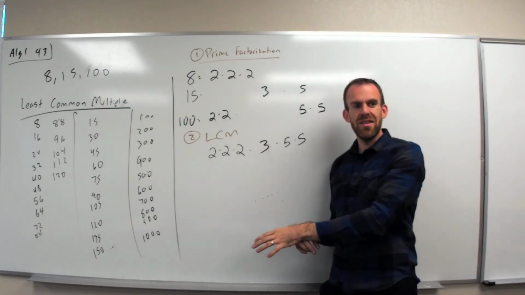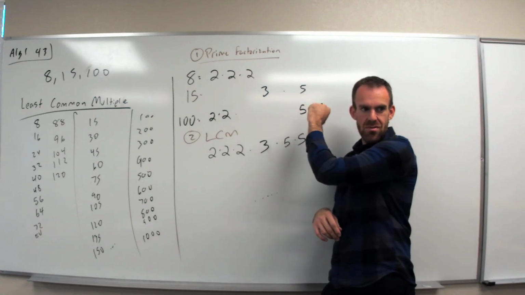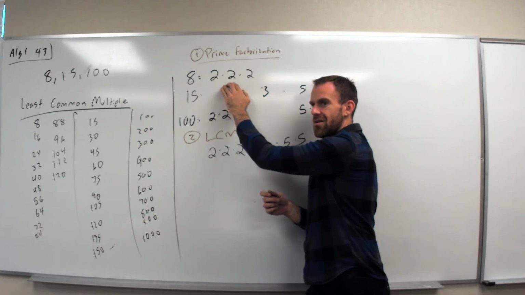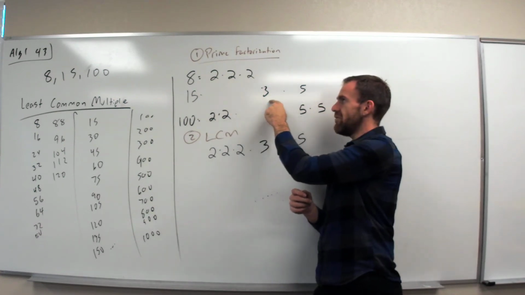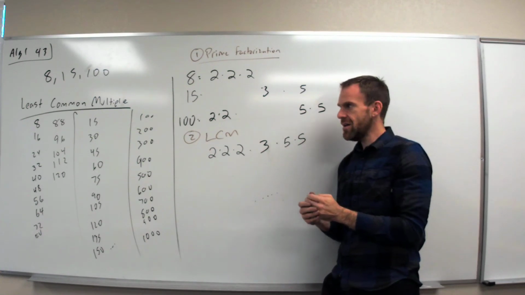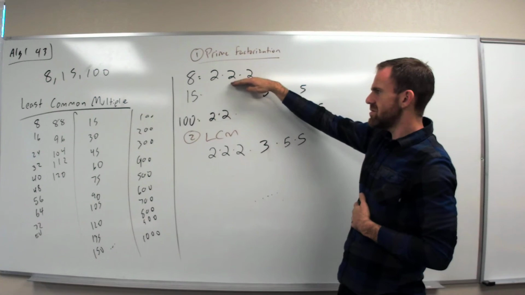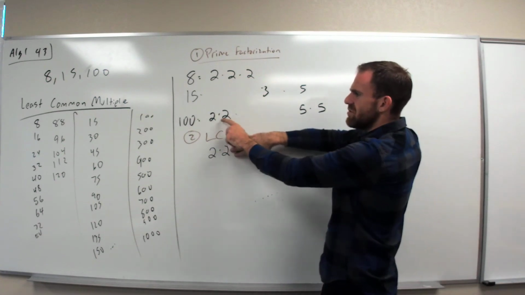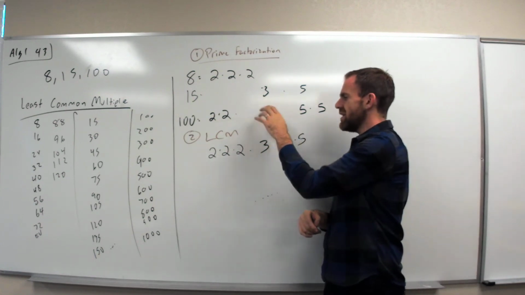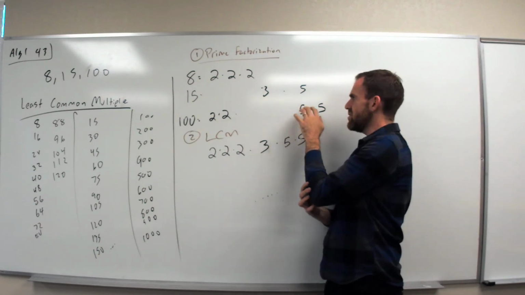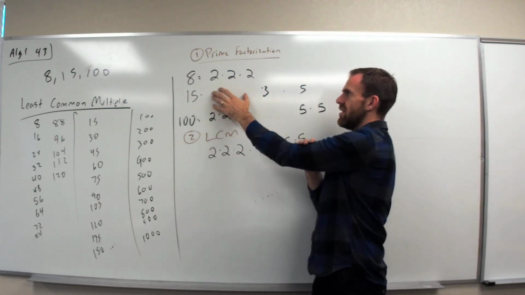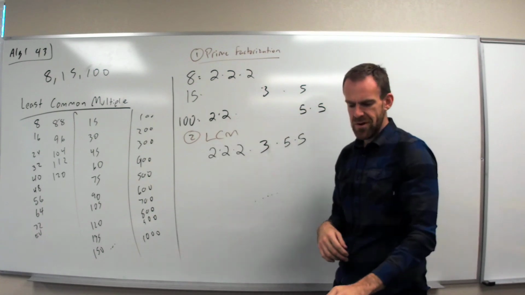Remember, this is going to be a number that all of these numbers go into. So I have to have all of the 2's, all of the 3's, and all of the 5's. The biggest number of them. Okay? So if I include 3 2's, well, obviously I've already included 2 2's. So that's covered, right? If I include this 3, then I've included 3. If I include 2 5's, well, I've already included 1 5. So you're going to take the highest number of times you see these prime numbers.